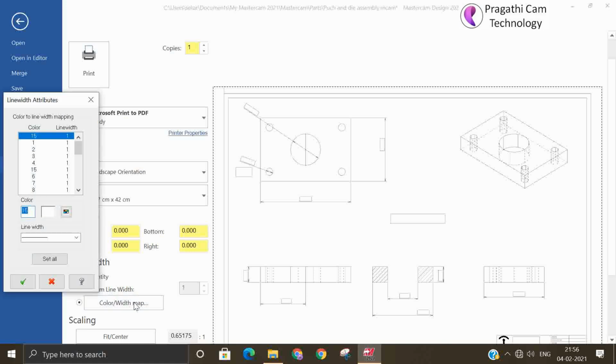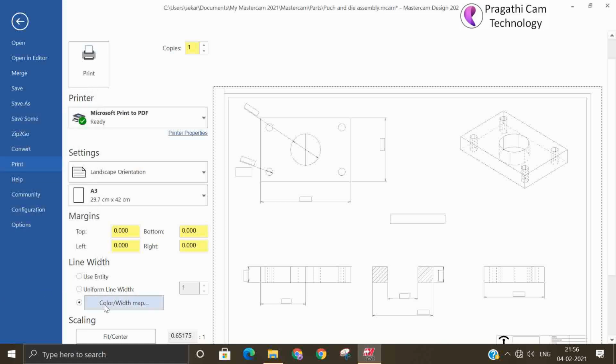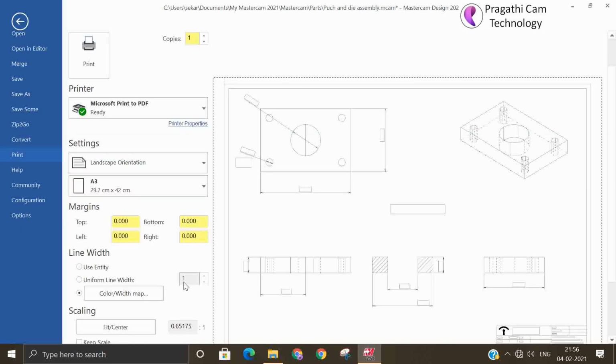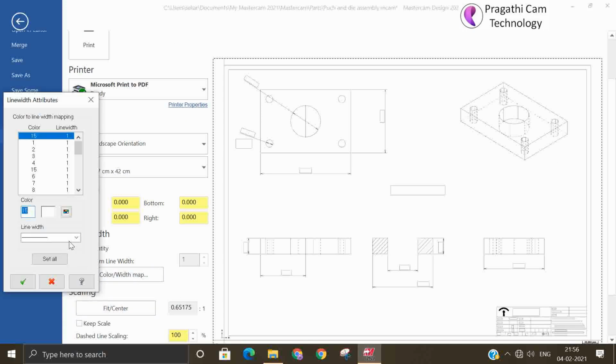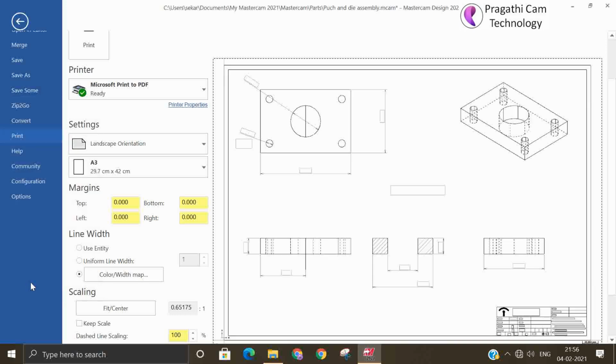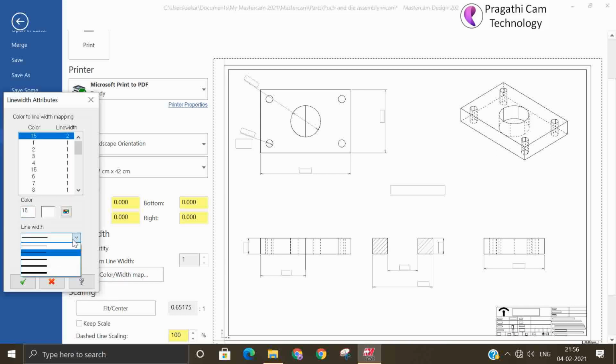I selected 15. Now I can change the line thickness. I will change to the 15 color. Now I'll go again in the 15 color and make it a little thicker. So you can see that there is a change here. One more, still more thickness if you want to show, add it.